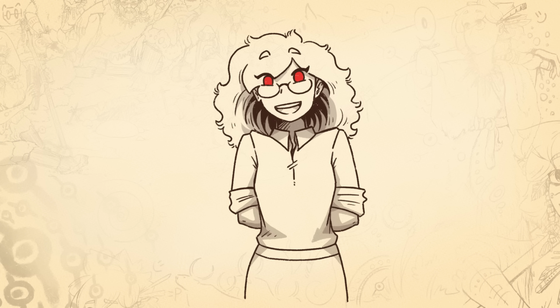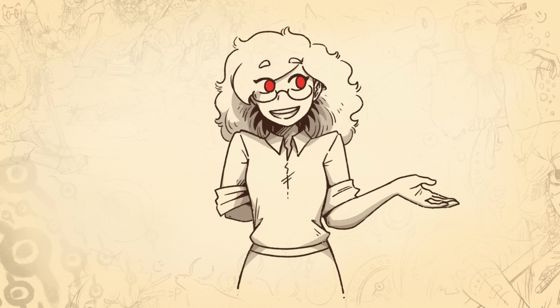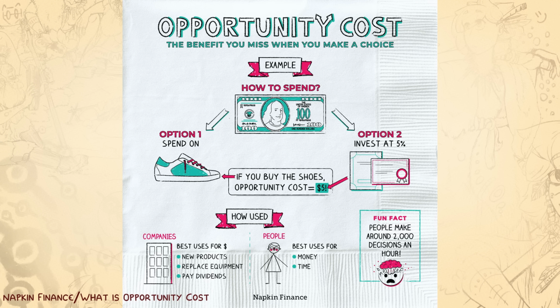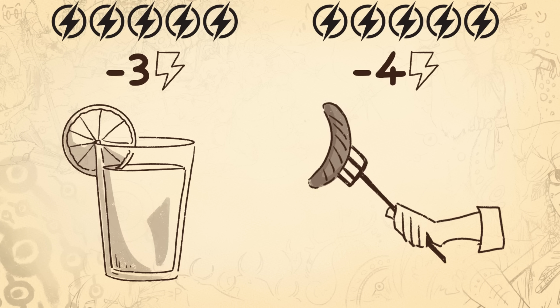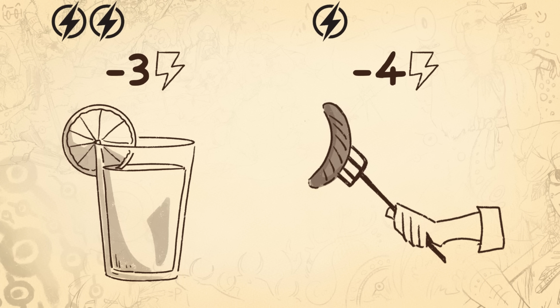And linked to marginal value and our next key concept is opportunity cost. This is when switching activities or resources yields a greater objective or personal benefit for the same amount of work. For example, if you favor orange juice over sausages, you may choose to spend your energy points on getting that sugary juice over the processed meat sticks.